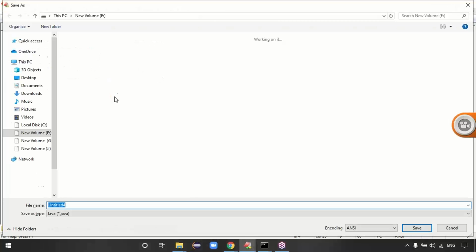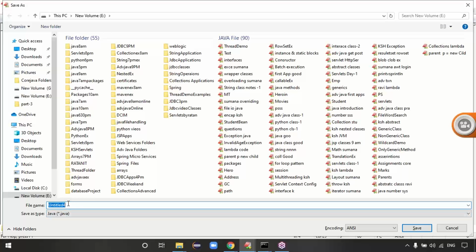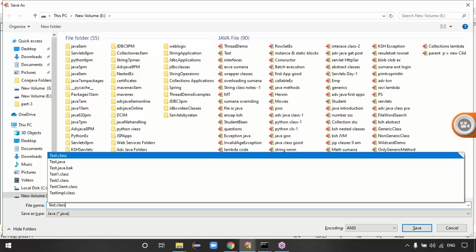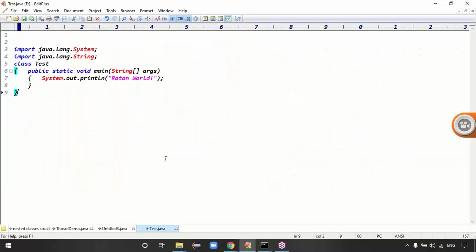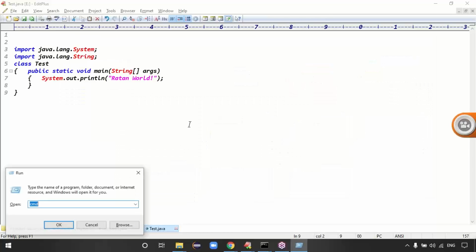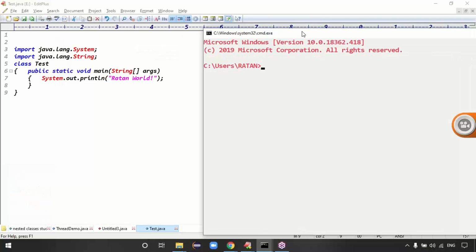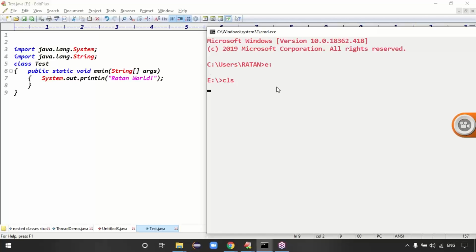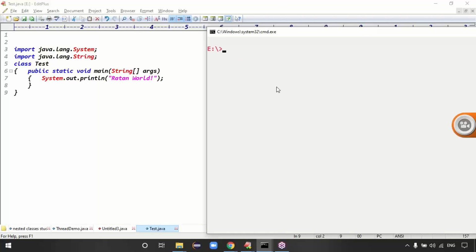Then you can save this code in local disk E. I'm directly saving this code. If you want any other location, you can save there, it's not a problem. After saving, just open the command prompt. Initially control is pointing to local disk C, right? Go to the file location where your file is available. Then how to compile this application? To compile the application,